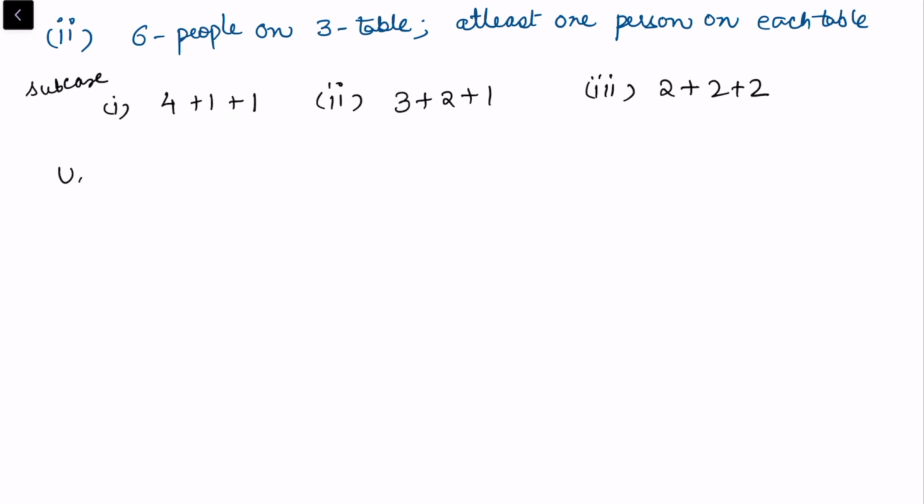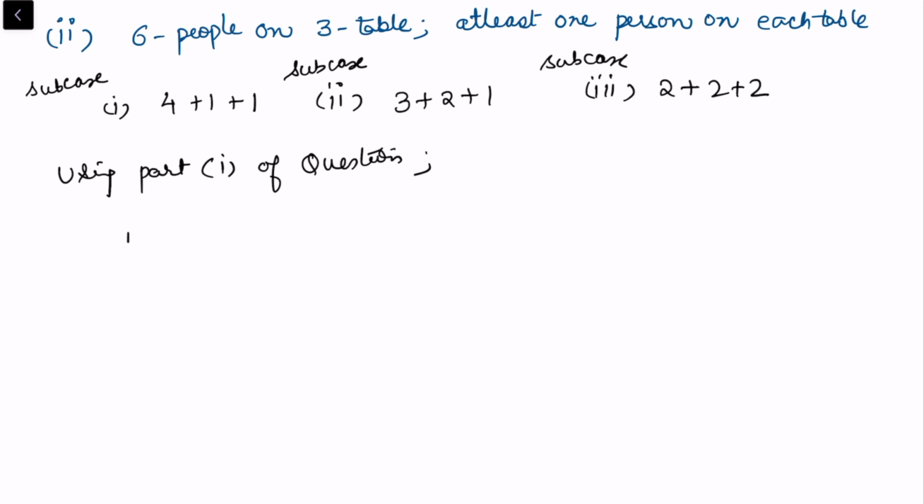So using part 1 of the question, these are the sub cases. I'm not referring to this part, but I'm just referring to the previous part. Now in the same way, for the first sub case, you can see that 4 people have to be seated on the first table. So to select them, there are 6C4 choices, but then there are 2 equal choices for the remaining 2 tables,